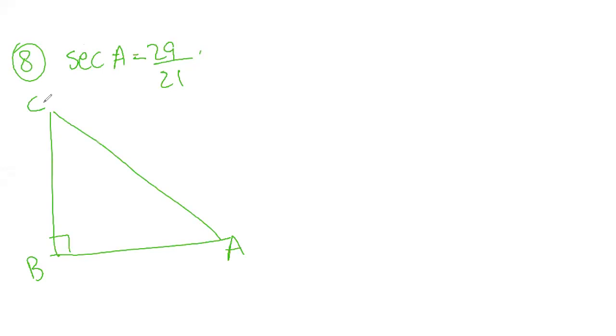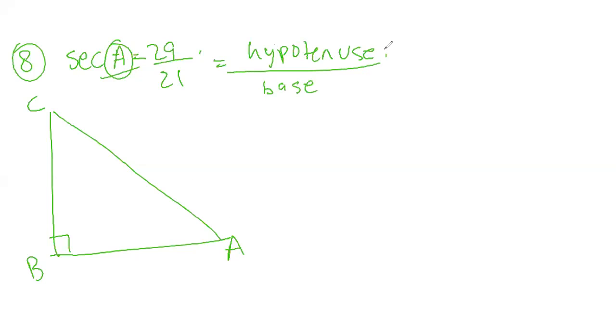So what does secant A basically tell us? That the angle A is to the ground, and with respect to angle A, tells us secant A. So first we'll find cos A. Now cos A basically means base upon hypotenuse. So whatever value you get for cos A, the reciprocal for it will be secant A. So secant A is equal to hypotenuse upon base. So 29 will be our hypotenuse and base will be 21.